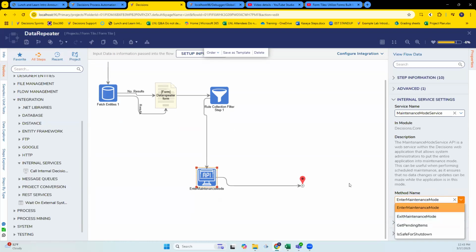The reason for that is because it's using services that are native to Decisions itself, the very same services that the Decisions server runs on. That's the cool part about Decisions: Decisions runs on Decisions. But that also means that some of these services were never intended to be used as flow steps, which could have unintended consequences. That's why not all of them are documented. Gotcha. Okay, I'll take a look at this one.